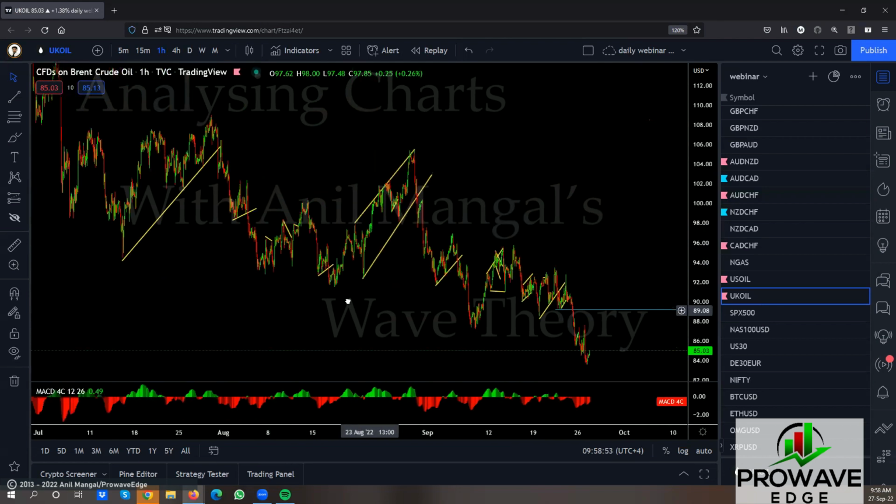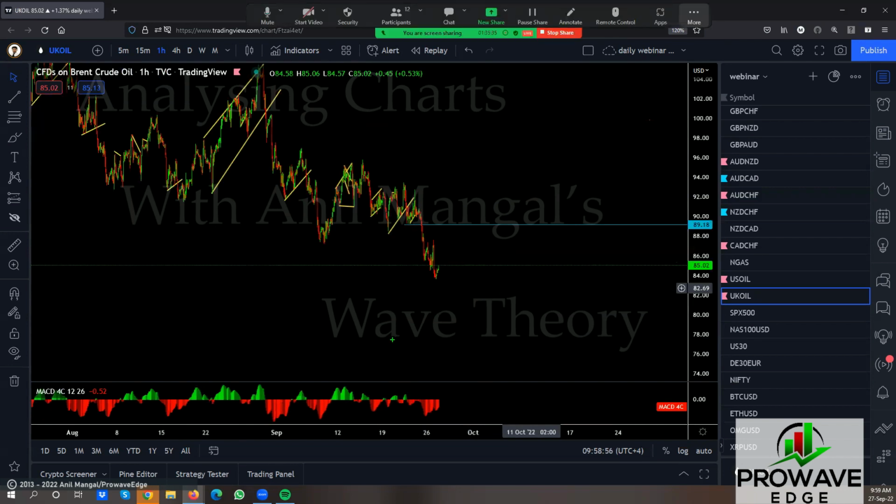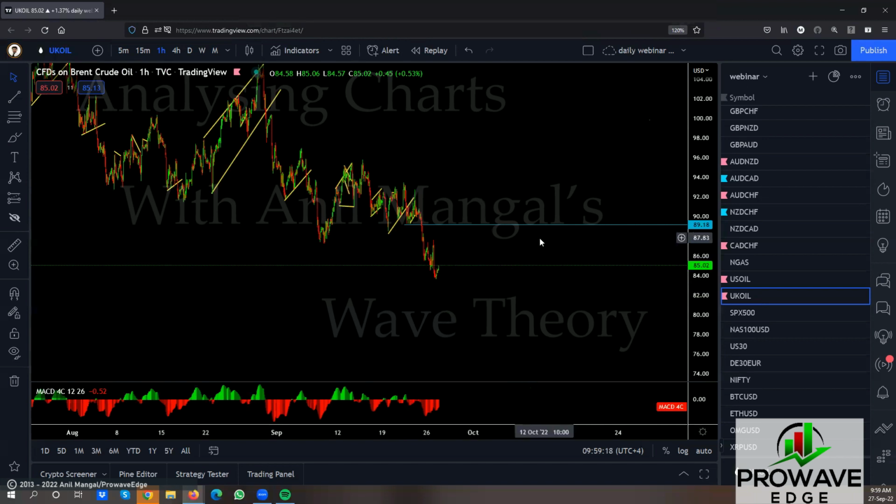So I would probably be looking out for a little more up move. Not this small one, but if it makes a move up and gives you a flag here, we will buy this up and then they drop, right? A possible running flat could be here on both of the oil. So if it stays as a flag here, you sell. But if it starts to go up, we will consider just this up move and then go for the sell. Right? I'm not looking for big up moves. Any big up moves, it's a correction for running flat.